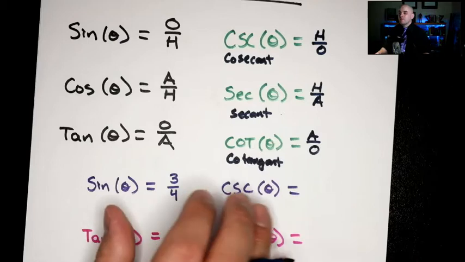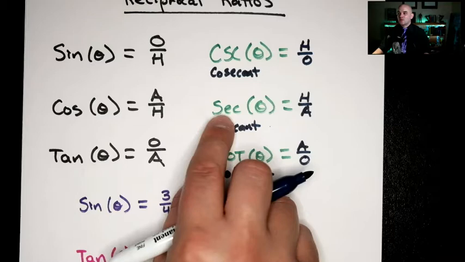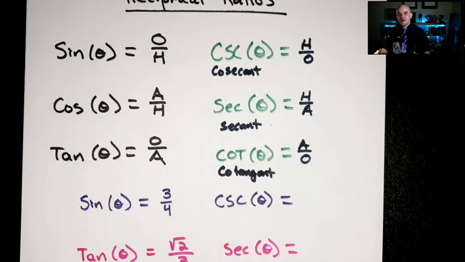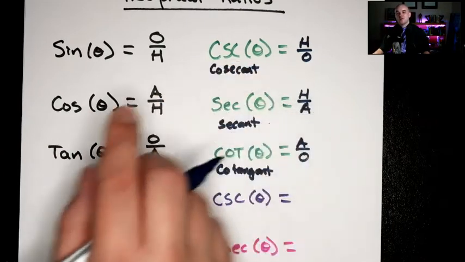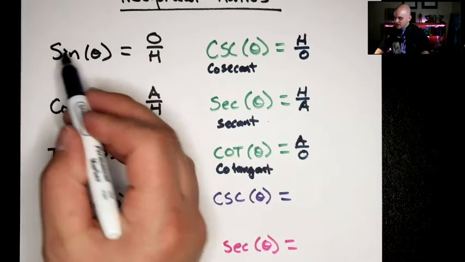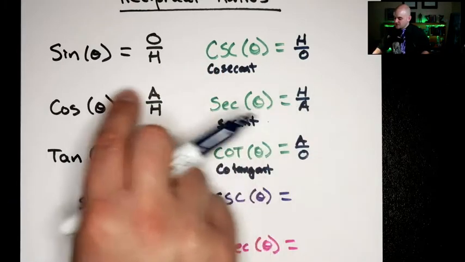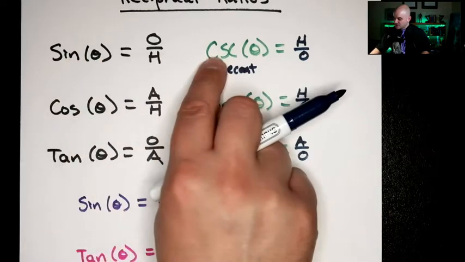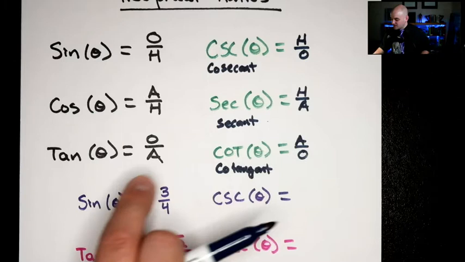But I want you to remember something here. A lot of students get confused when they think of the reciprocal of sine. They think secant, because they see S and C, and that messes up students, especially because this one says cosine and this one says cosecant. So remember that S pairs with C. S here pairs with this C. Keep that in mind so we don't get these confused. The reciprocal of sine is cosecant, the reciprocal of cosine is secant, and then tangent's pretty obvious because the reciprocal